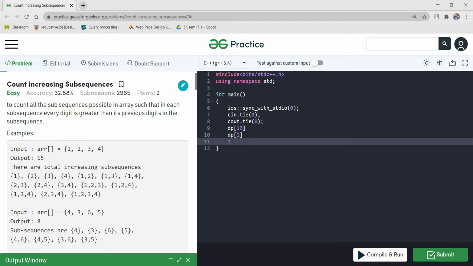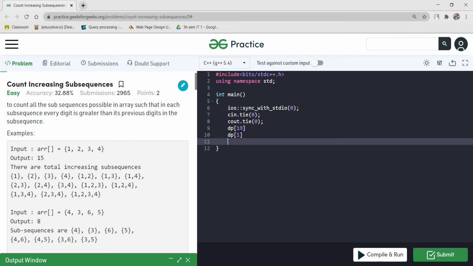Like we are given the array 1, 2, 3, and 4. In DP we will find our answer at each and every step.